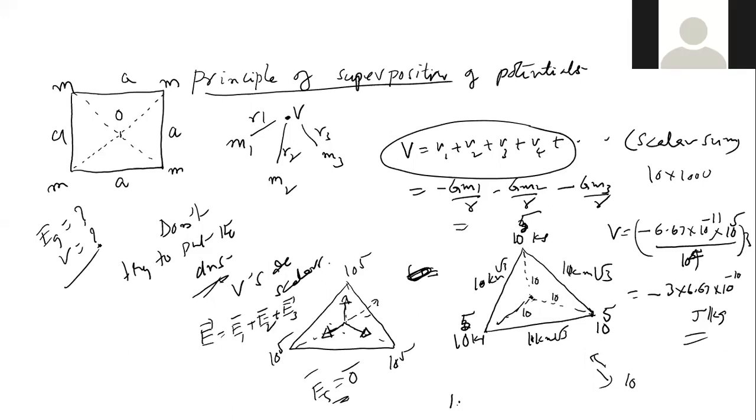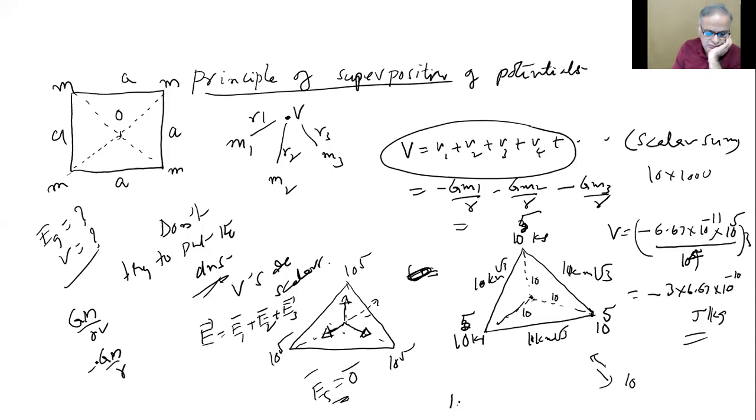Yes, tell me. The diagonals will be... At this point, you want the field strength and potential, so you require this distance. Because our formulas are what? Gm by r square for field strength, Gm by r for potential. Potential will have a minus sign. For field strength you don't show a sign because it is a vector; I'm only showing the magnitude and will show the direction separately. But potential is a scalar, so I should put the sign here because it doesn't have any direction. So minus should tell you something.